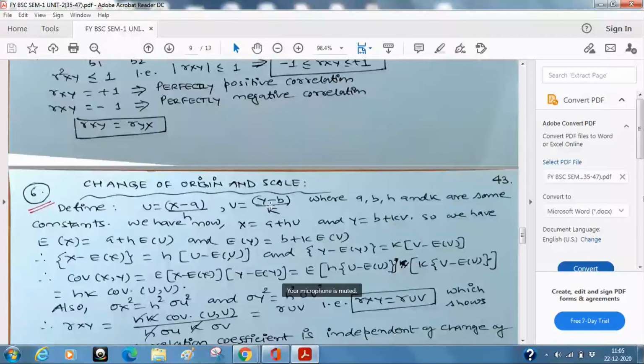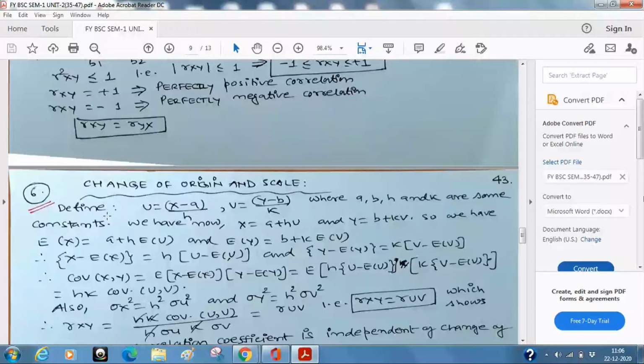The basic idea which you have to keep in your mind is that your data dimension is reduced to single digit if possible, like 1, 2, 3, -1, -2, -3, and so on. Because some of the values will be positive, some of the values will be negative, because we are shifting it to the center point. So I have written here a, b, h, and k are some constants. Though we say that they are arbitrarily chosen, generally we choose with some idea in the mind.